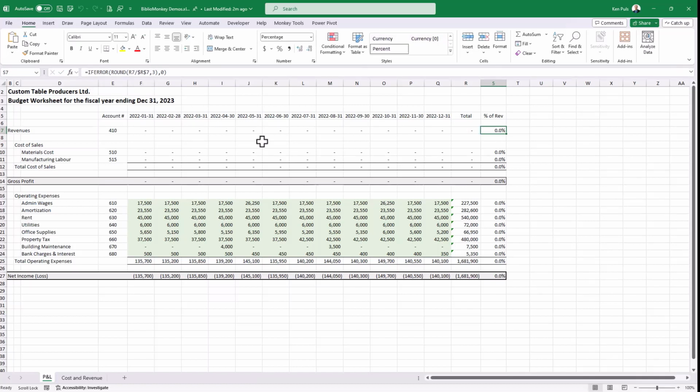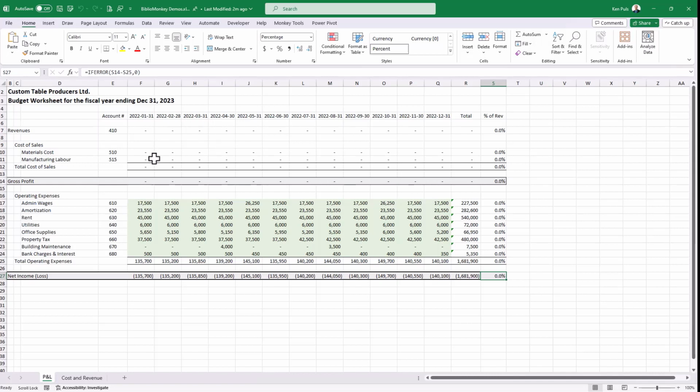Now that's cool and everything else, but check this out. There's my original subtotal formula. And this one has the original subtotal formula that was in that cell. And down the bottom, my original subtraction, all wrapped in if error. So the important takeaway here is that I can take a BiblioMonkey pattern and I can actually replace the contents with the contents of the current cell and slide it in there. So we can build wrappers like this for if error functions to make life a lot easier. I tend to use this with cube functions all the time, if error blank or if error 0, because cube functions can be problematic that way. So that's the first part.